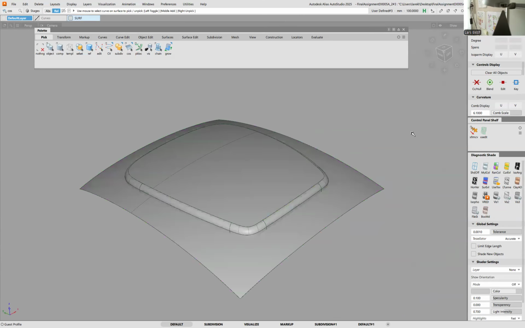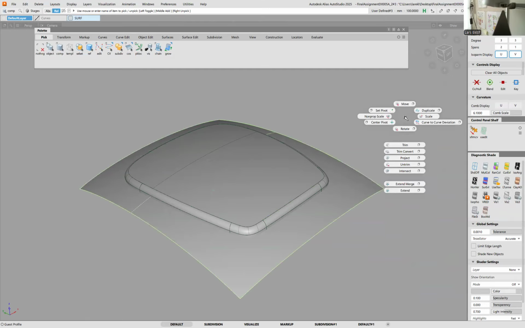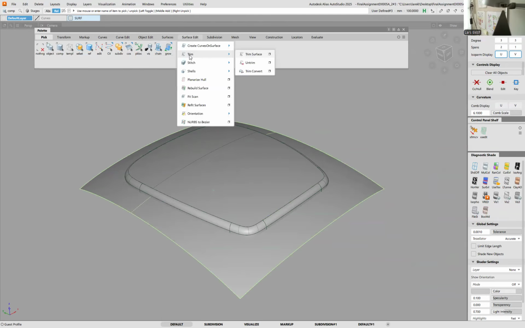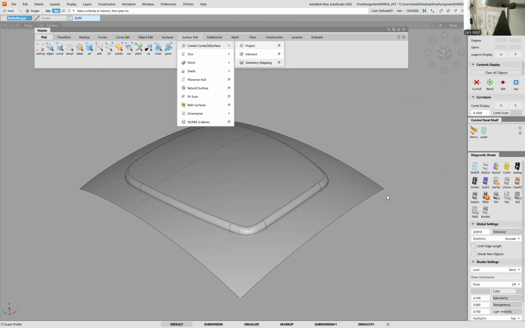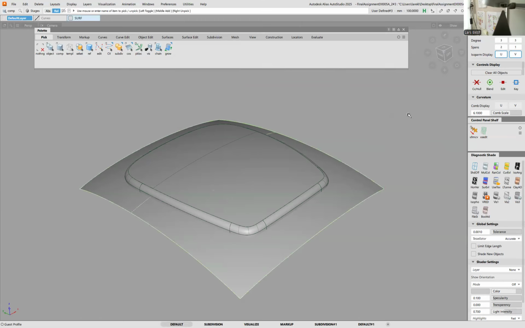So what I'm going to do is pick the surface and then intersect. This is also found under surface edit, create kernel surface, intersect, and so on. But please do use the marking menus. So I'm going to go intersect. Oh, wait, what's happening here? So pick the surface, intersect, pick all of the other surfaces,